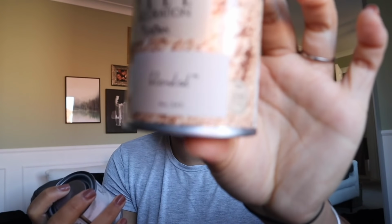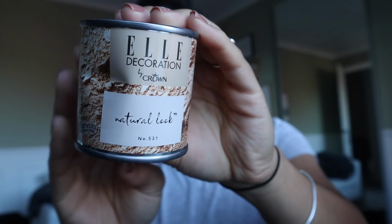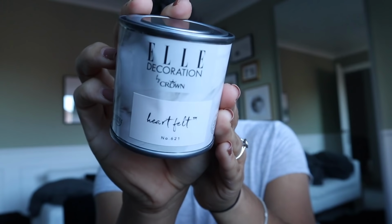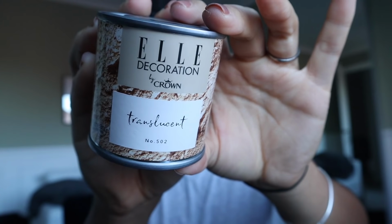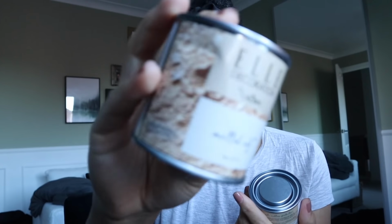We've got Blended, which looks a bit like this. Nestled, I think that's how you pronounce that. Natural look. All of them are beigey colours. That room has always been a beige, or greige, room from the get-go, so there's no bold colours here. They probably all just look white on camera, to be honest. Heartfelt, Translucent, Delicate Touch, Matted Off,